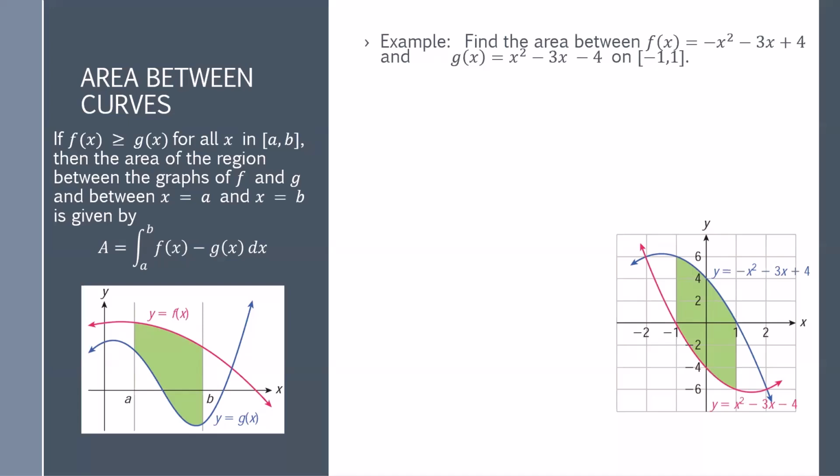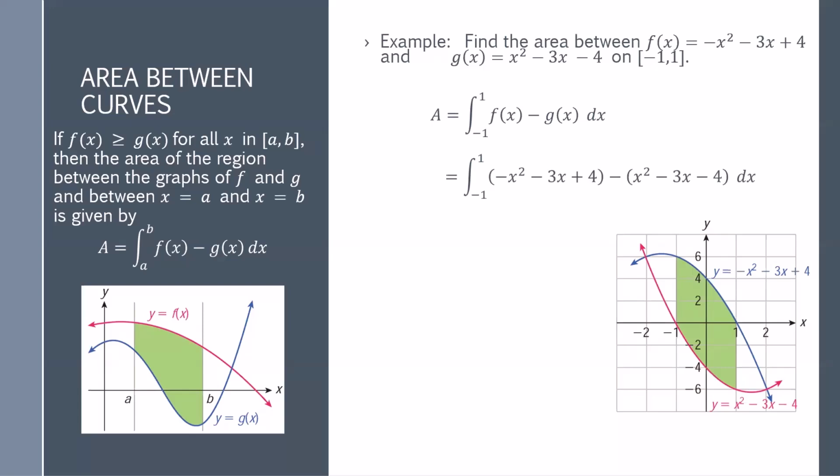For example, we can find the area between the curves f of x equals negative x squared minus 3x plus 4 and g of x equals x squared minus 3x minus 4 on the interval [-1, 1]. That's the green shaded area shown in the figure. Our larger function is f, our smaller function is g, and so our area is the integral from negative 1 to 1 of f of x minus g of x dx,